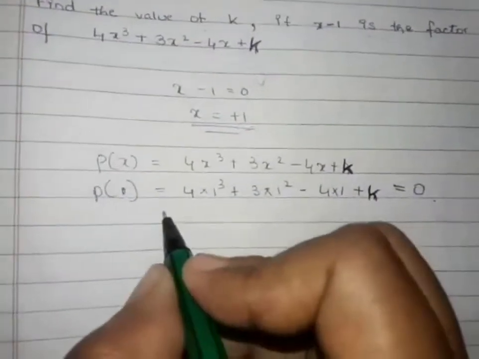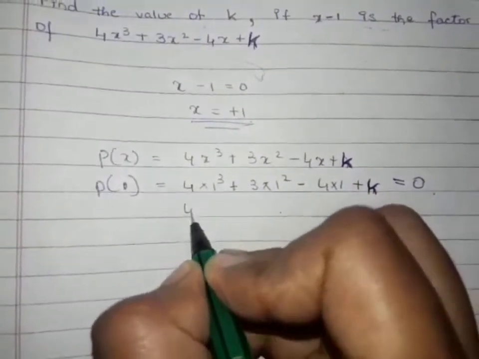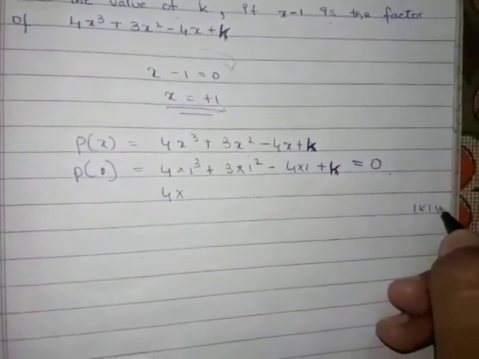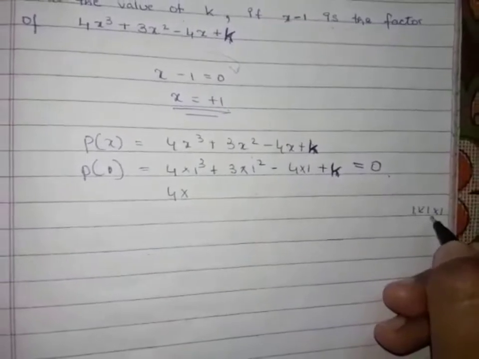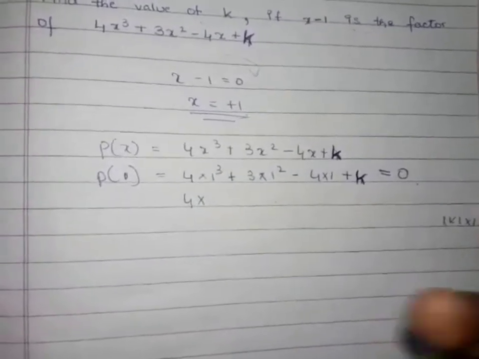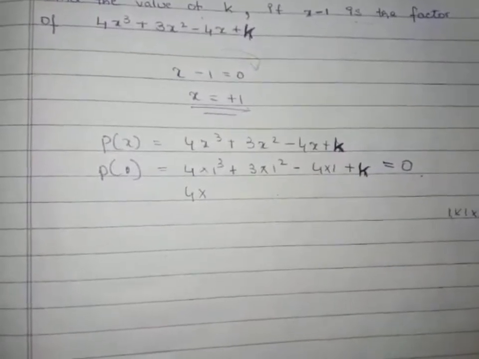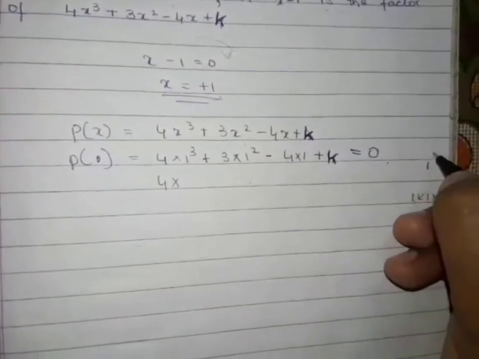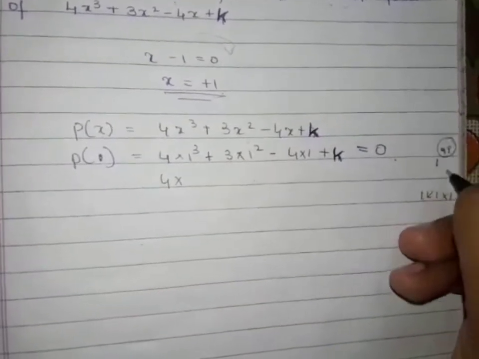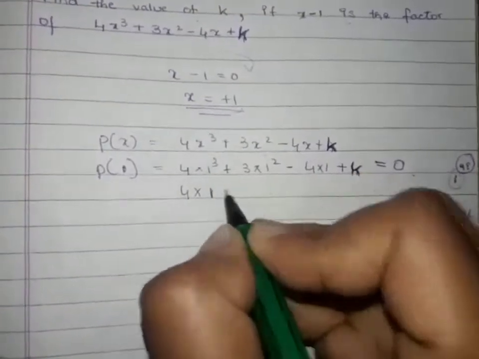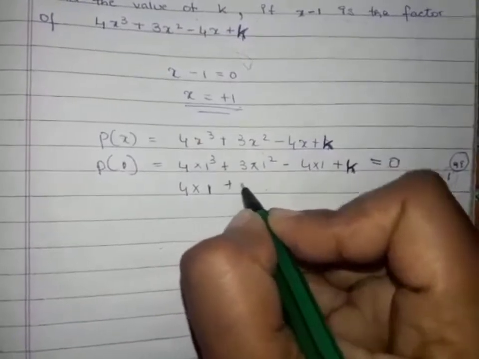And now solve it. So 4 is written as it is. How much is 1 cube? 1 cube is 1 into 1 into 1. 1 into 1 is 1. Again 1 into 1 is 1. So 1 cube, 1 square, 1 to the power 100, 1 to the power 99. Whatever the exponent says, if the base is 1, that means your answer will also be 1. Similarly here as well.